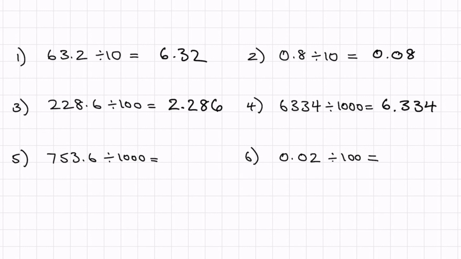So the 7 is moving. This is more complicated. The 7 is moving from the hundreds column. It's going to end up in our tenths column, and the digits follow on afterwards. So we end up with 0.7536. And then we have 0.02 divided by 100 is